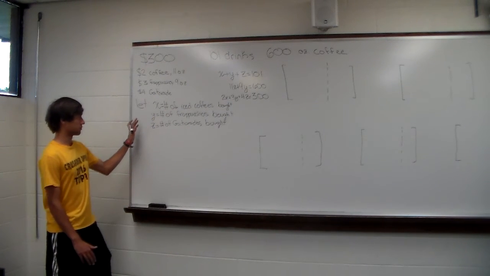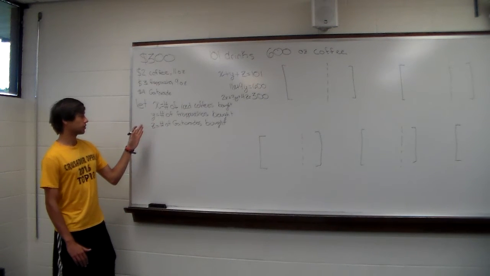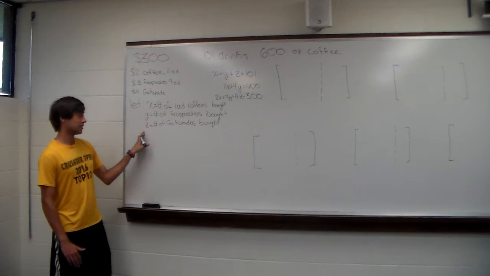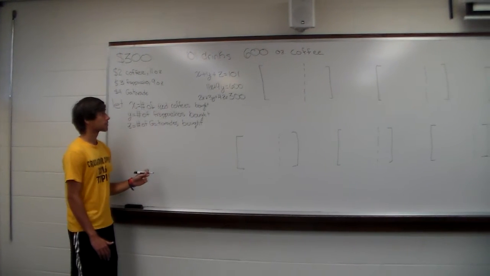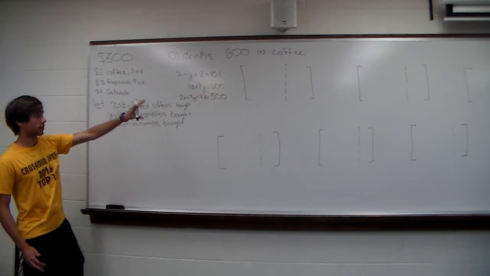So what we're going to do is let X equal the number of iced coffees we buy, Y equal the number of Frappuccinos that we buy, and Z be the number of Gatorades that we buy. And so then using X, Y, and Z in our information that we're given, we're going to set up a